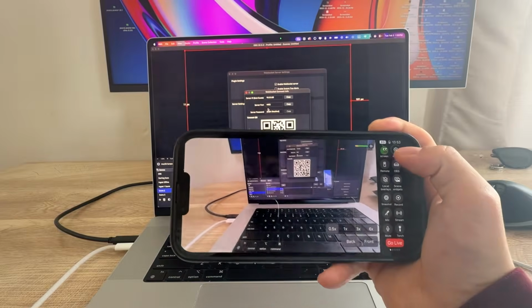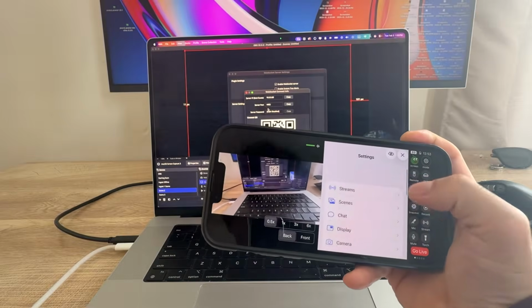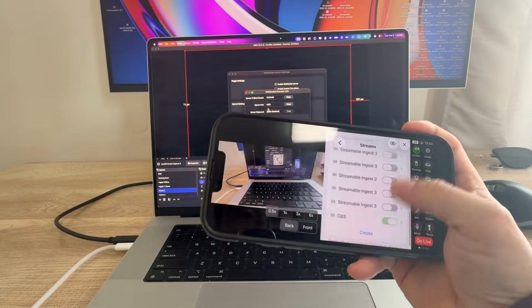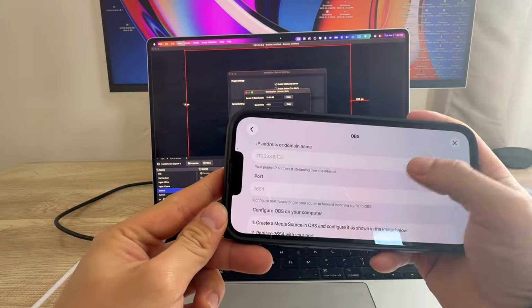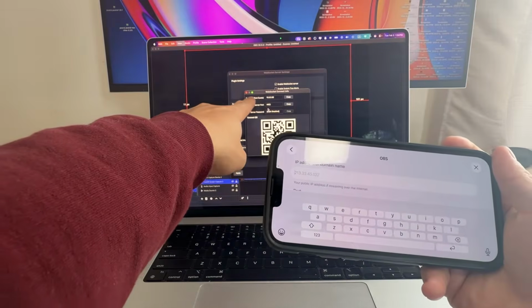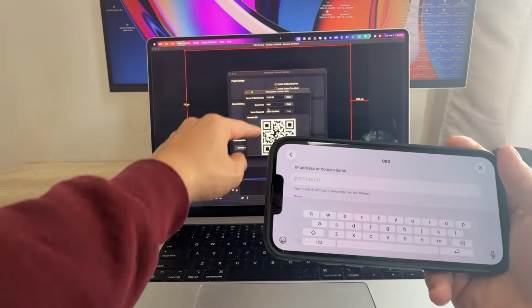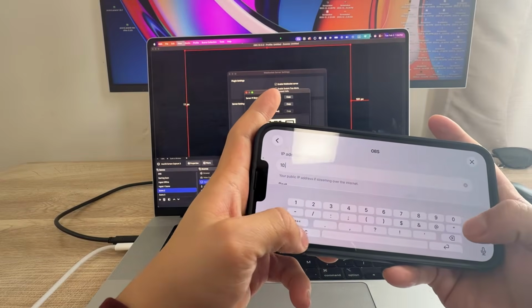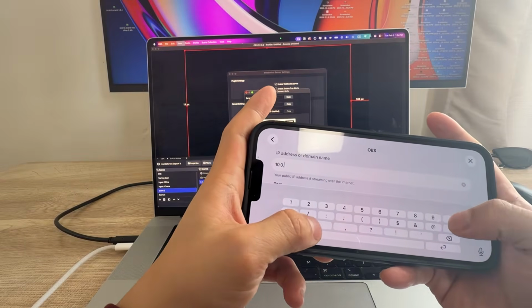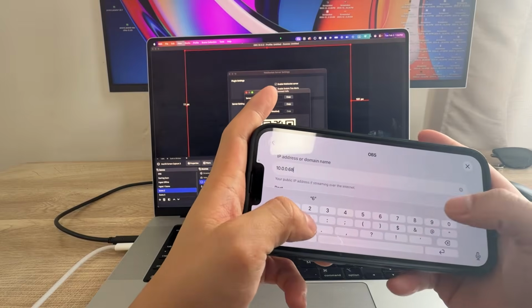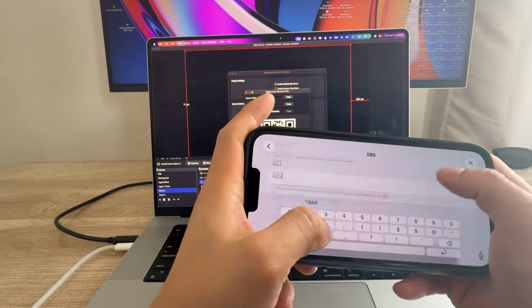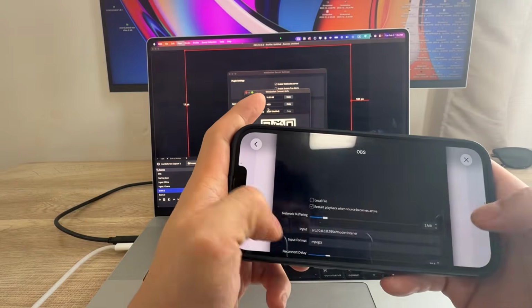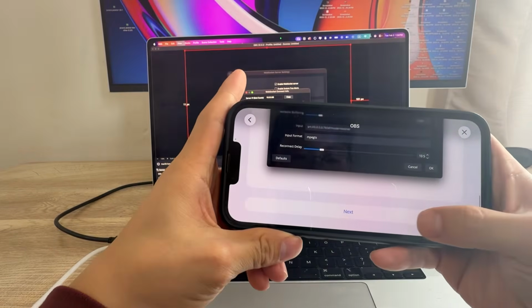Then in Moblin, what you want to do is go to Settings, Streams, Create, OBS, and here you want to type in the server IP on your computer. Mine is 10.0.0.68, and the port you want to put 7654. Hit next,